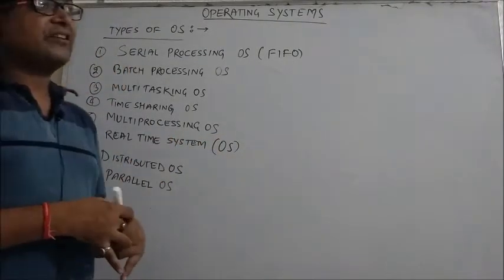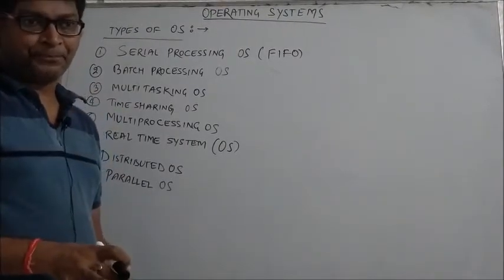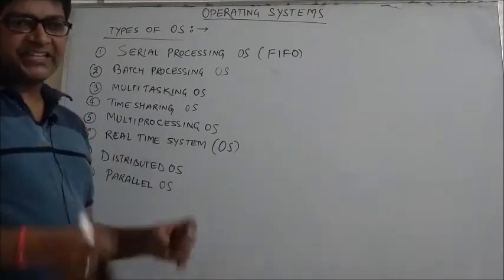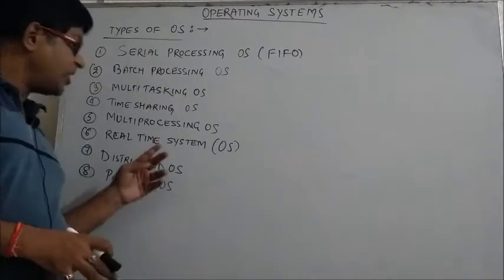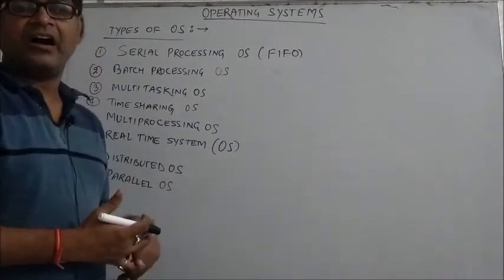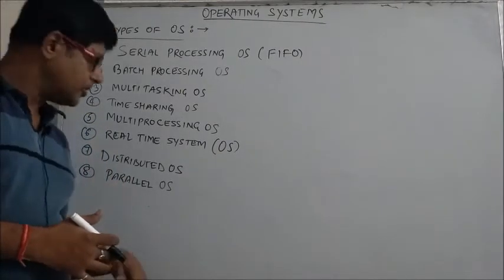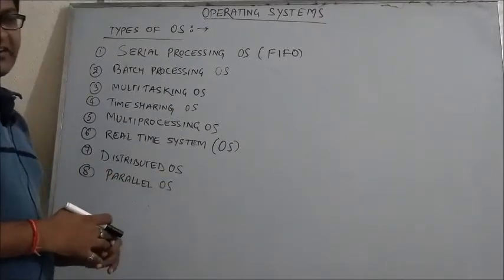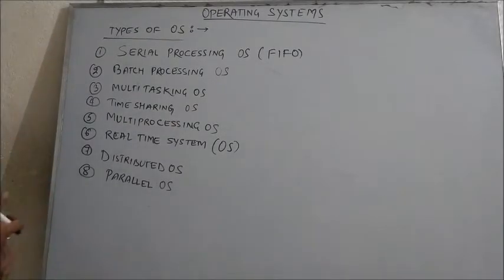A real-time operating system is one where the OS depends upon time, right? It totally depends upon time. That means the action will be taken according to the time only, right? So there are two types of real-time system. The first one is your hard real-time system and the second one is your soft real-time system. As my video progresses, certainly I will differentiate between the two and I will teach you in detail.